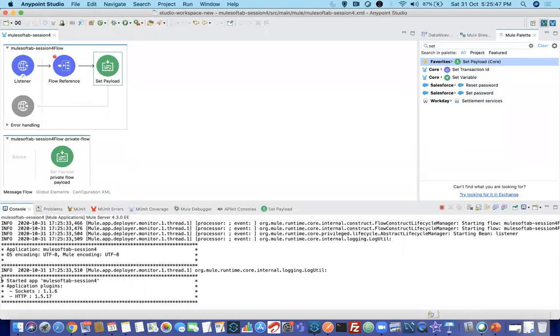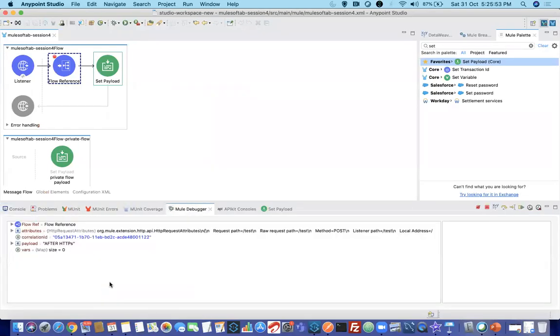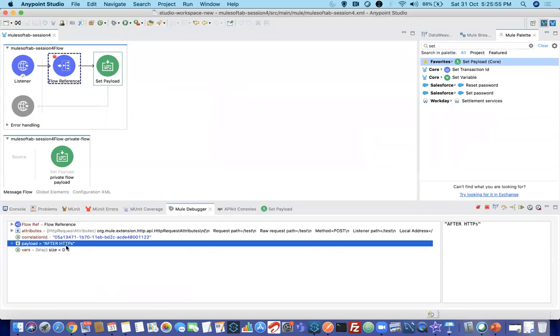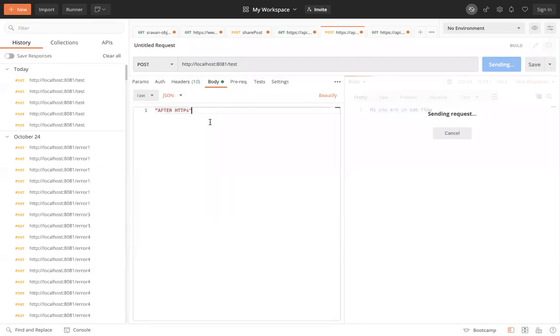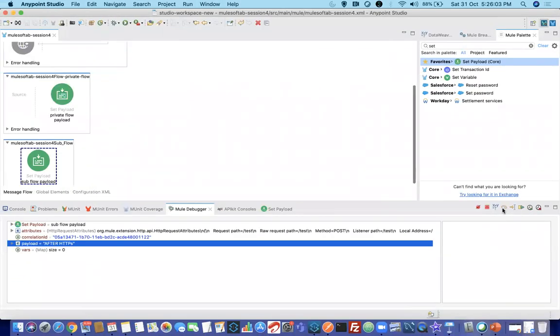You can see my application is started. If you see here, I'll send it. Now observe my payload. This is also very important. My current payload is after HTTPS, which is coming from the request here. Flow reference is there. F6. There is a question they will be asking you in certification: what is the current payload value at this particular debugger point?